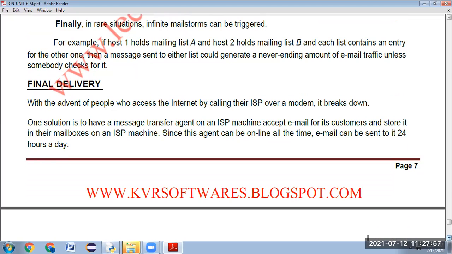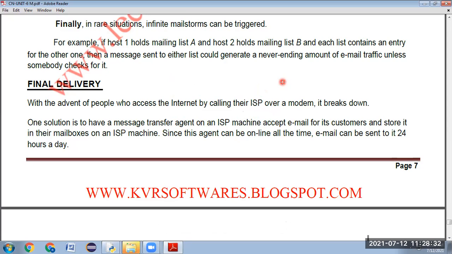Okay, when we come to the server, the sender has sent a mail to the receiver through the internet by calling their ISP. Generally, people send emails to other persons through the internet by calling their ISP, internet service providers, through a modem. I am using Airtel ISP. Through Airtel ISP, I am sending mails to other persons with the help of the Wi-Fi modem. We are sending like that. Many people use various modems to use the internet by calling their internet service providers. So they will send mails to other persons.